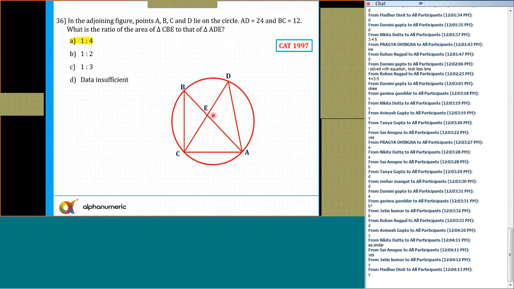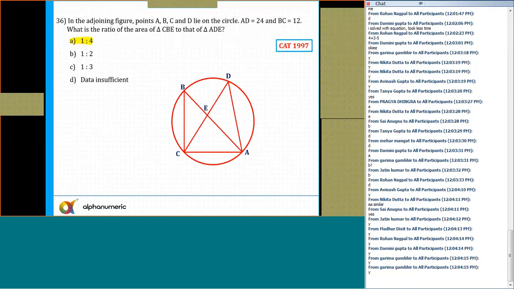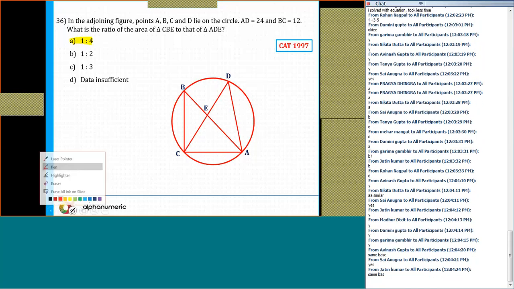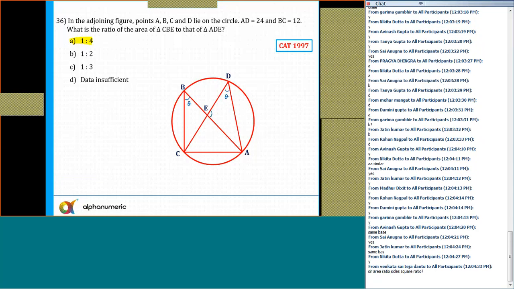We proved this result when we discussed the property of chords also. We know that if angle B is theta, then angle D is also theta, since the angle subtended by the chord AC is always the same. And these are alpha and alpha, because they are vertically opposite angles. The third angle will automatically be equal, let's say beta and beta. So the two triangles are similar.